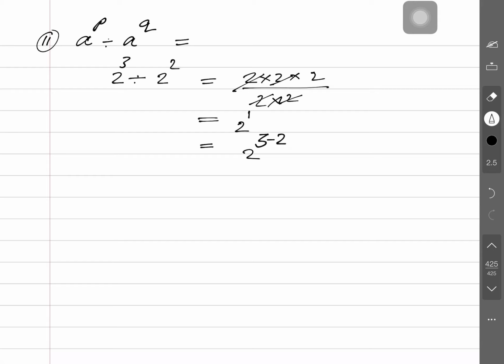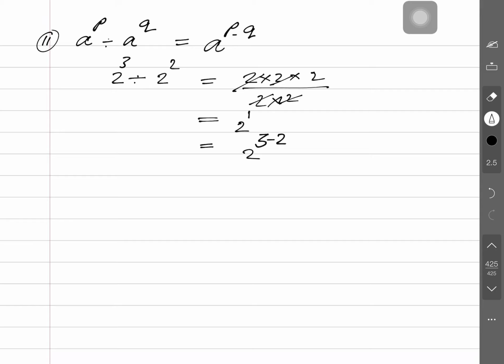So, you can understand, 3 is p here. So, a to the power p minus q is occurring here. It means that if the two indices or exponents have the same base and different powers, and one is being divided by the other, then how can we obtain the result? Yes, their powers are to be taken as the difference. You may see this here.